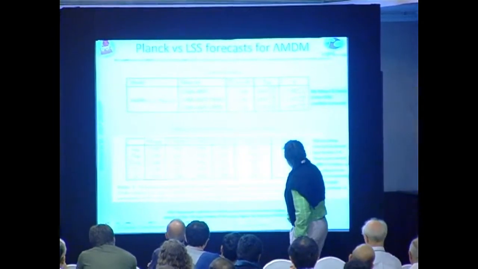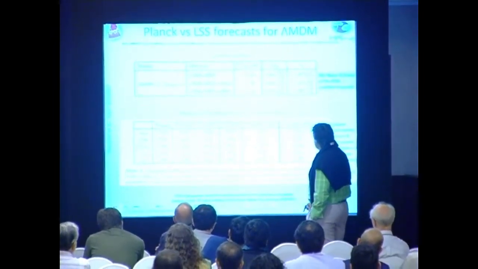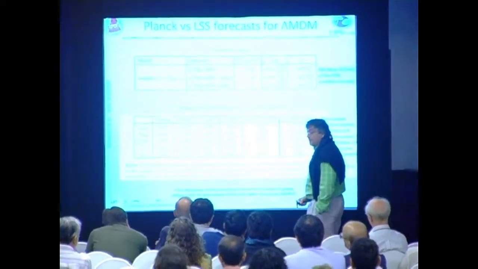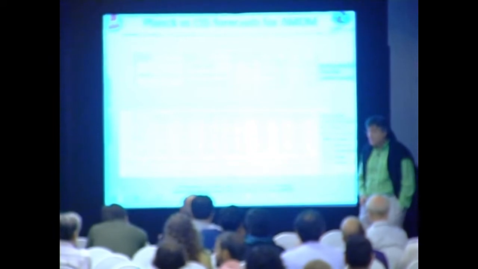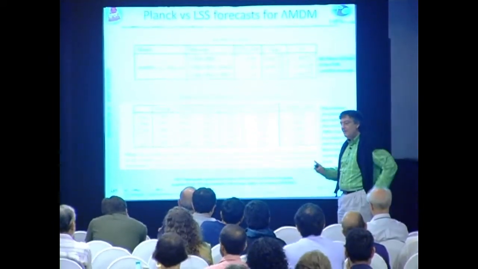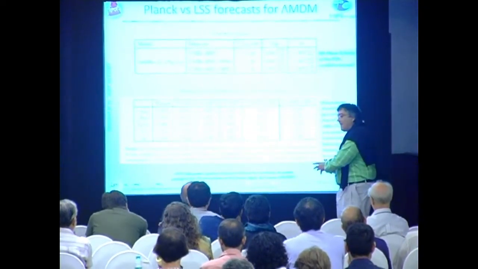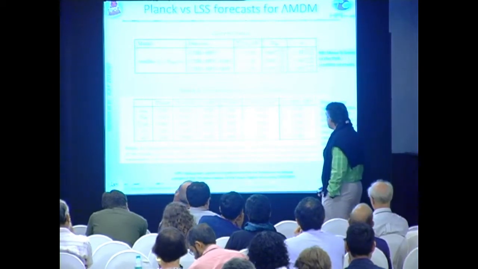Now, if you do the same thing for today, here is essentially what you can expect to see. That is, you will not improve things that much by throwing in the large-scale structure data. Well, this is excellent. It means that Planck alone is already doing what is done at this time by combining CMB plus LSS. Of course, by then, LSS will have improved, so we might actually do even better than that.